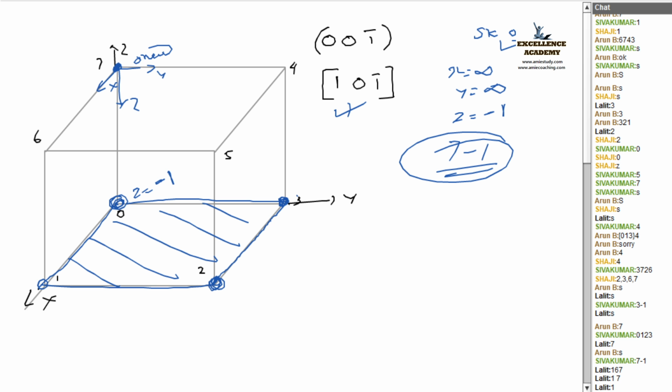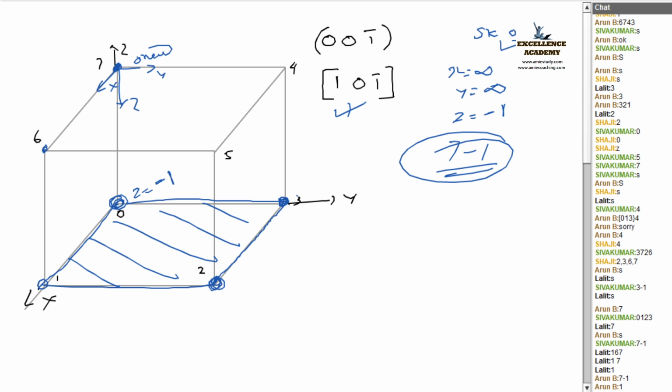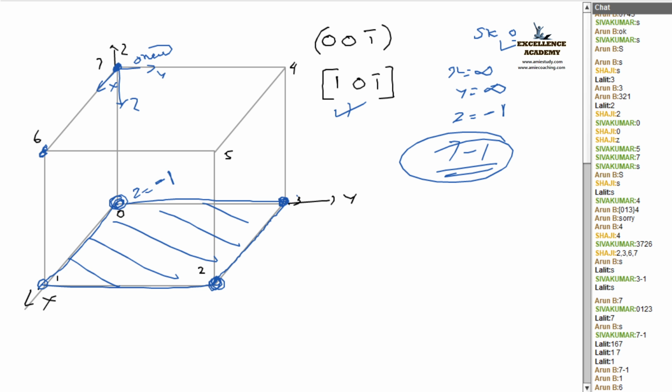First of all, what you have to do? You have to move x is equal to 1 first. That means I reach 6. Next, from this 6 point, don't go back to the origin. You have to check what is the value of y. It is 0. Stay there. Z is equal to -1. Go down. I reach this point 1. Join the initial and final point and put the arrowhead towards the final. Is it clear to all?